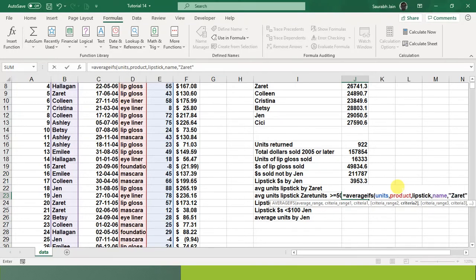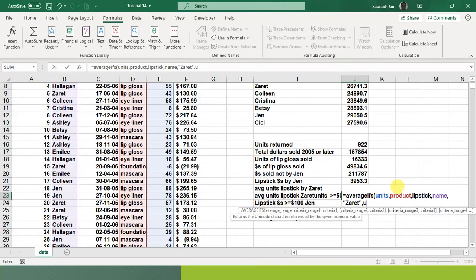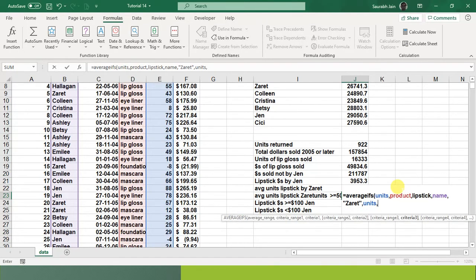Now there's another, comma. You have to apply for units. And what my condition is, it has to be greater than or equal to 50. So inverted comma open, greater than or equal to 50. Fine. Inverted comma close, bracket close, enter.